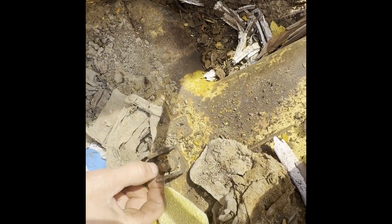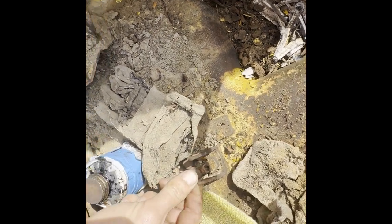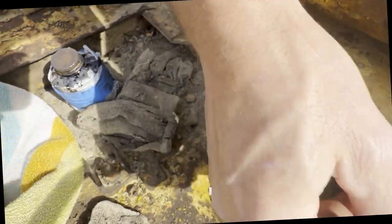So, oh, I just found another little oil cap here. Wonder where that goes. Wow, it's crusty in there. I'm planning to vacuum this all out today. But yeah,